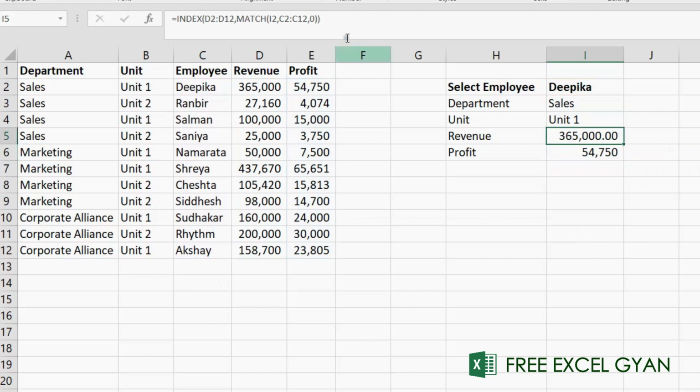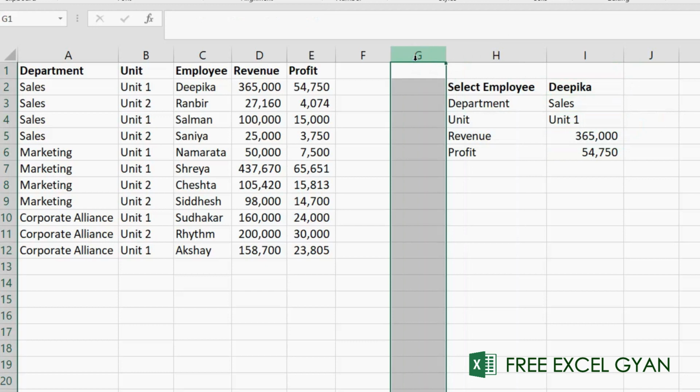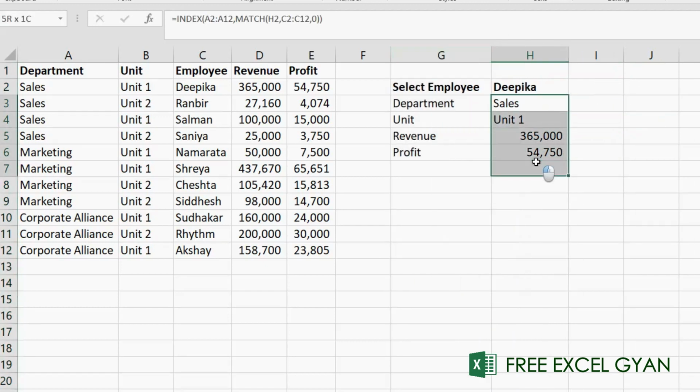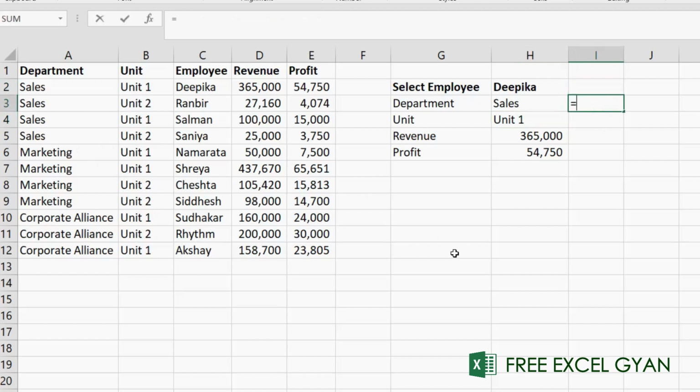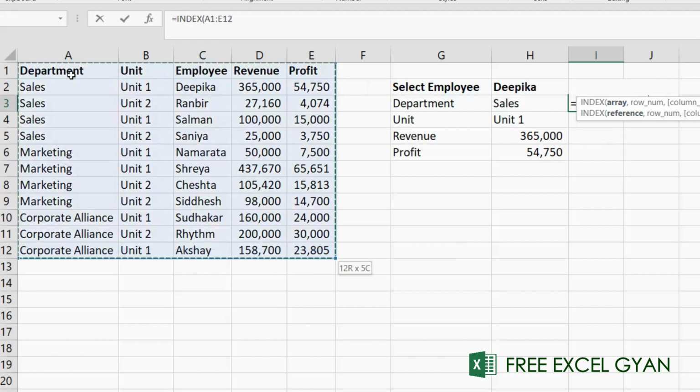Here I have a bonus tip on how to use index match function more effectively. In this example we have not used the column number, and by using it you can do your task more easily and fast. Now we are using the same index match function but with a different approach. Now we are selecting the whole range for the array and make the formula to do our task of changing formula multiple times for different fields. You just have to do a little tweak in the formula. Select the whole range from A1 to E12.